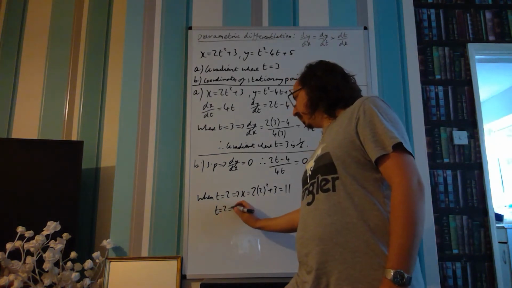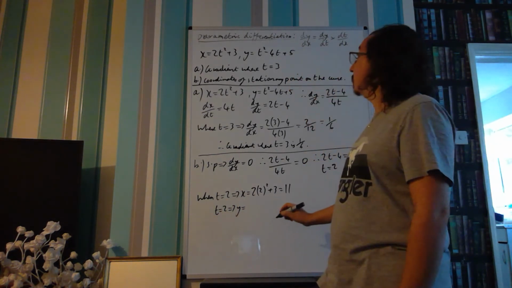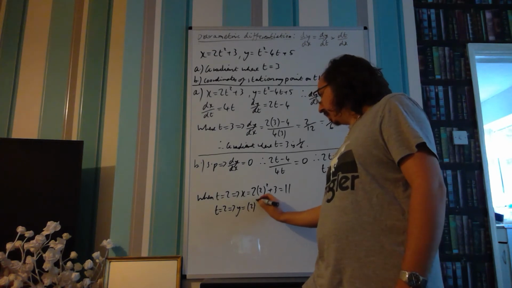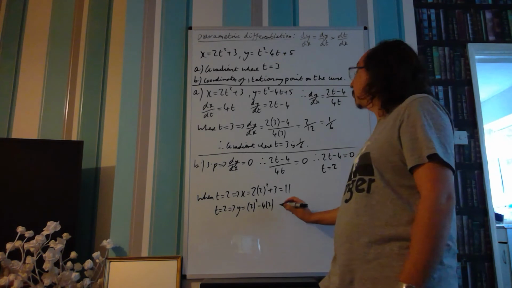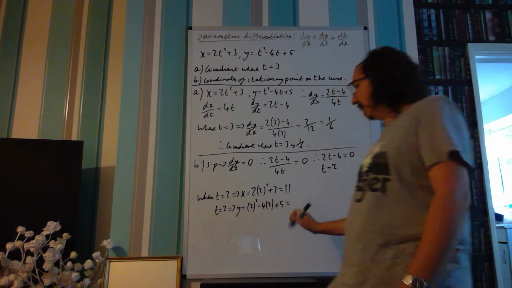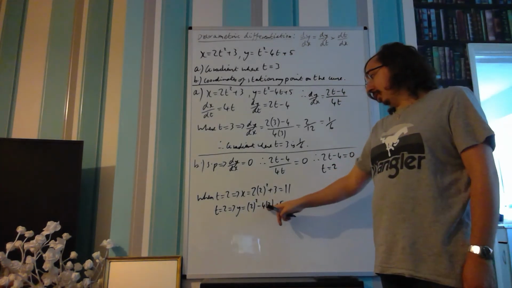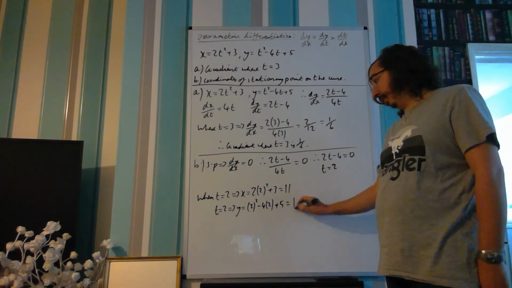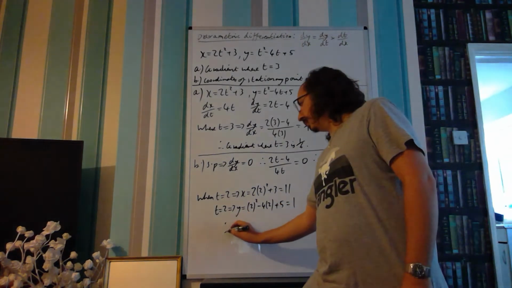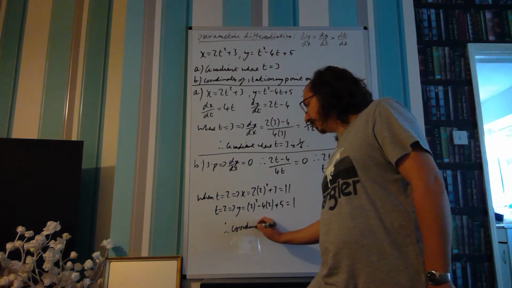T is equal to 2. That implies that y is 2 squared minus 4 times 2 plus 5. 2 squared is 4. Minus 4 times 2, minus 8. 4 minus 8 is minus 4, plus 5 is 1. So therefore our coordinates